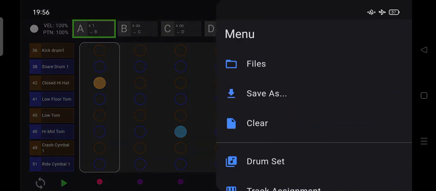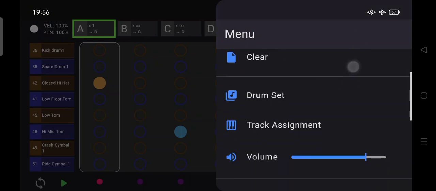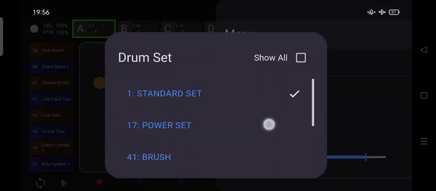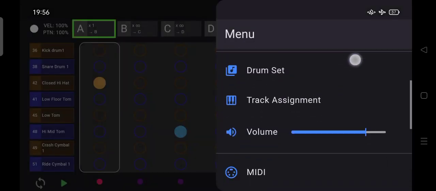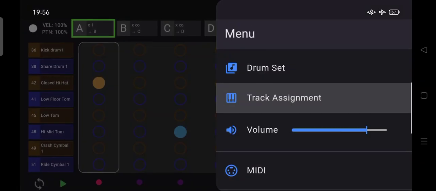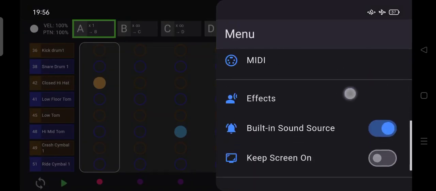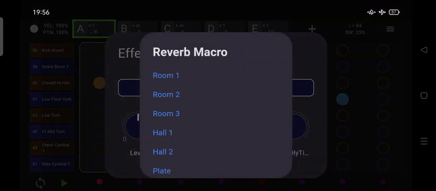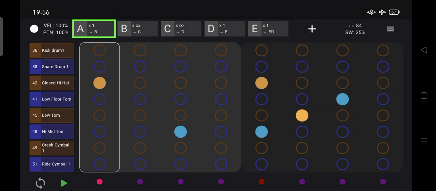By tapping the 3 stripes at the top of your screen, you can change your drum set here. By the standard, you have track assignment. This one you can assign and adjust. And then the effects: there is room, hall, plate, and